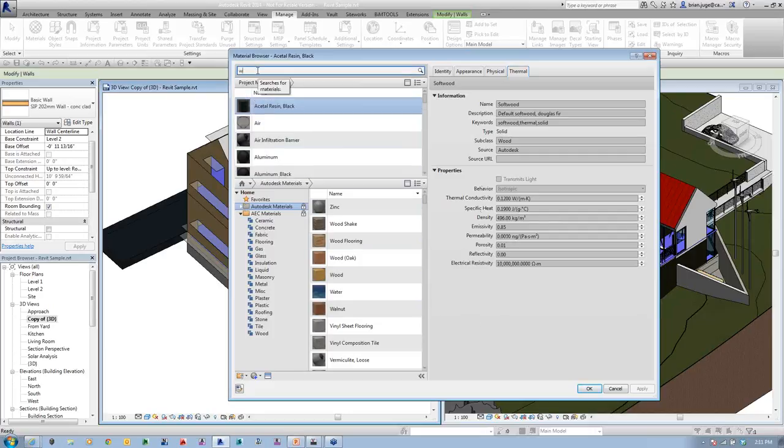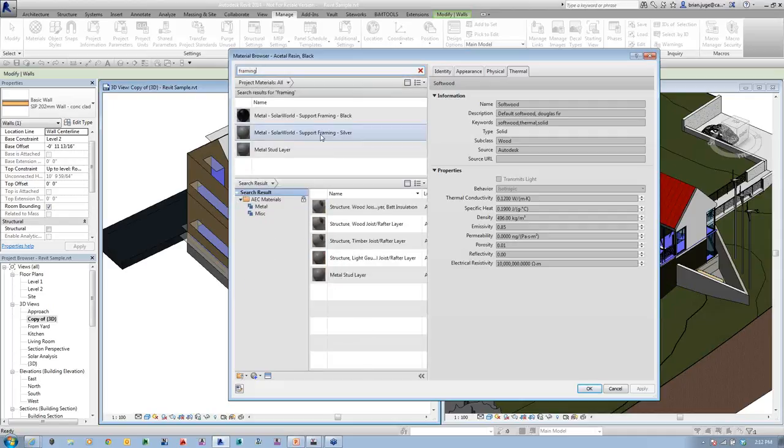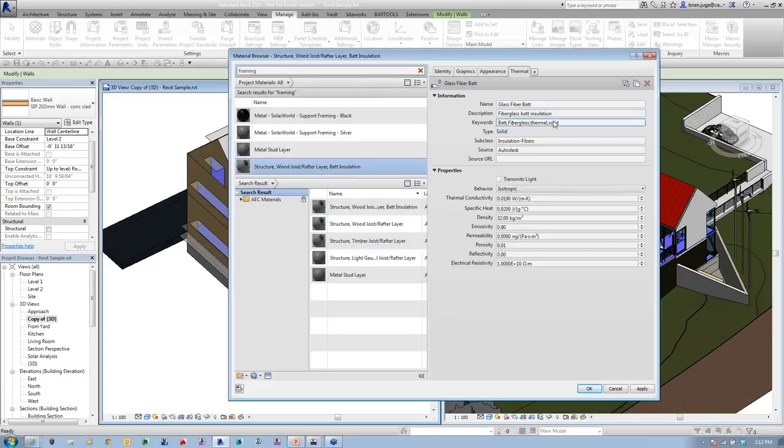And if I come in here, actually if I do framing, that's the one I want. We can see that we're going to get some different types of framing in here. So I've got my structural framing joists, my wood joists. This is one I'll go in and start looking at, my batt with fiberglass solid material, just to show, okay, I've got this other type of material in here for typical construction. I think this is the right one, the inside. So I'll typically start using that. And the other thing to do, like we talked about last time, is do a comparison between this and what you've traditionally done to make sure you're getting the same R values. When you go back to that wall, make sure you're getting the right performance in there. Okay, if I build a